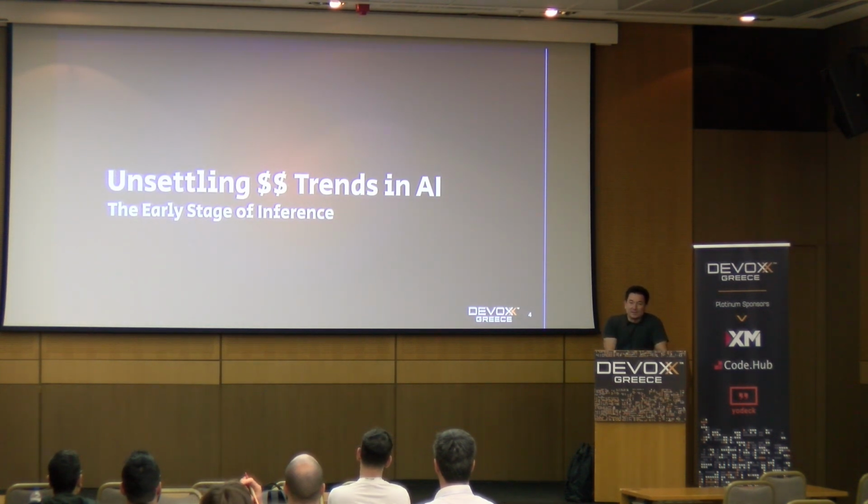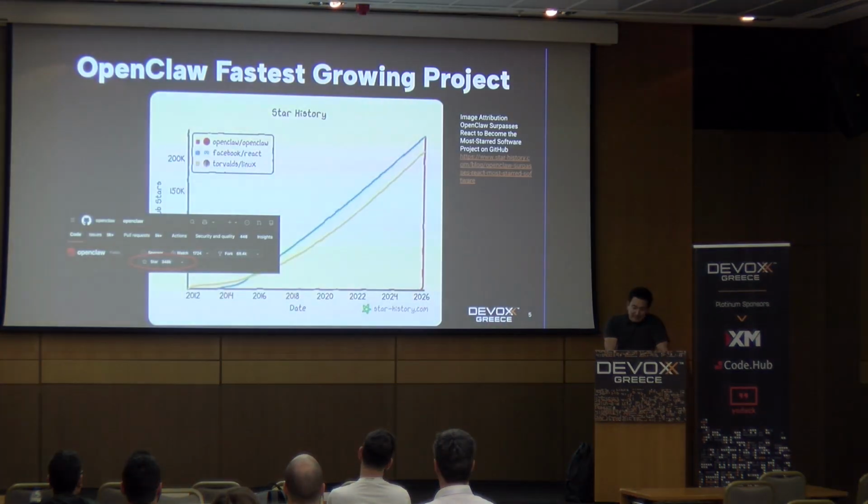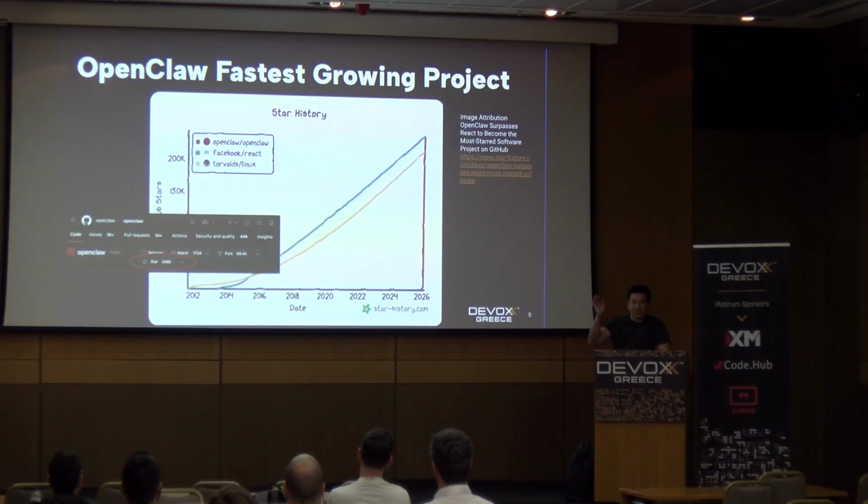So let's talk about some unsettling things that have been happening in the AI space, especially very recently. Who's heard of OpenClaw? At this point, I'm pretty sure everyone has, right? It's the fastest growing project in history. When I created these slides, it had 350,000 GitHub stars, which has far surpassed even the Linux operating system, which goes to show you how much this is growing and how much these autonomous agents are, quote unquote, going to change our lives, right?